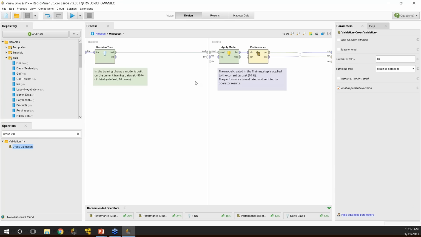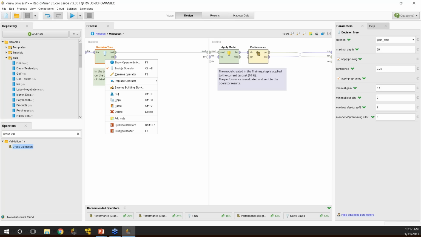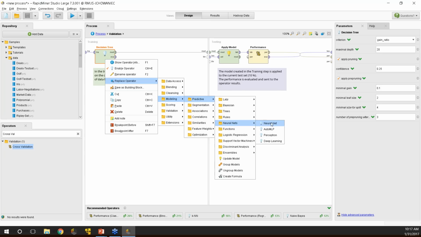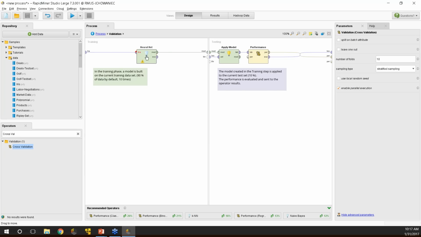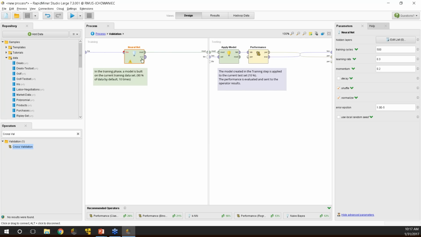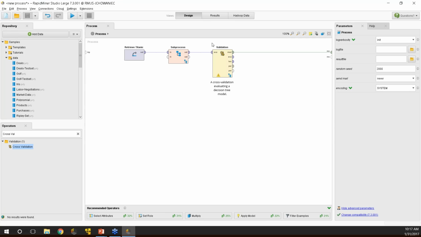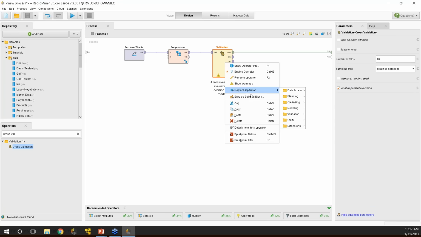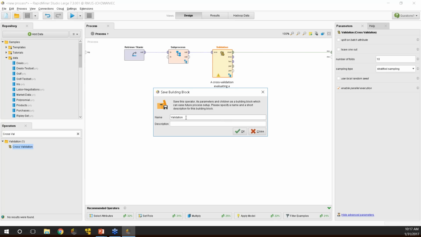And then some things you can do if the decision tree isn't the one that you want, you can easily just say, okay, let me replace this. We'll go right-click on it, replace operator. I'll drop down the modeling, predictive. Maybe I want to run a neural net, so I can switch this to a neural net as such. And then if I'm going to use neural nets all the time, I can now make my own building block by just saying save building block as, and I can say